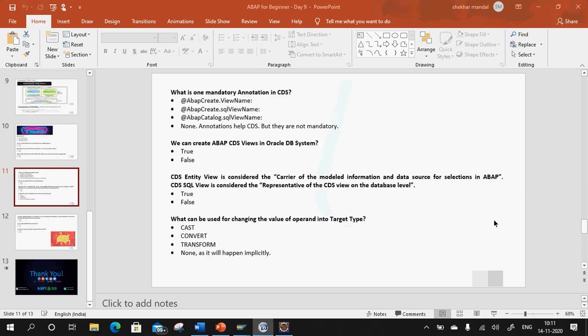Aditya, but the sad news is that BOPF will be dead in a few time, most probably in a year. That is why ABAP RAP and all came into picture. What is BOPF? BOPF is Business Object Processing Framework. It's a completely different framework which was implemented in SAP. But now with this ABAP RESTful application programming and all these things coming into picture, BOPF is going out. So if you want to learn these new things, then RAP is the thing which you want to learn.